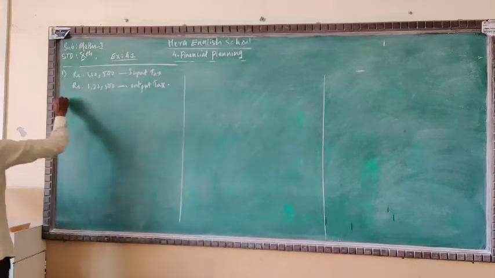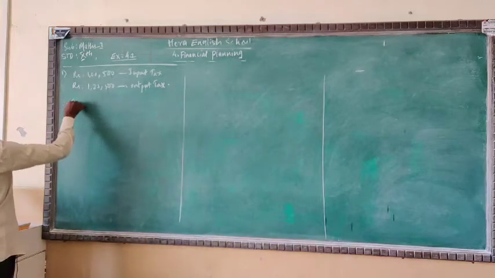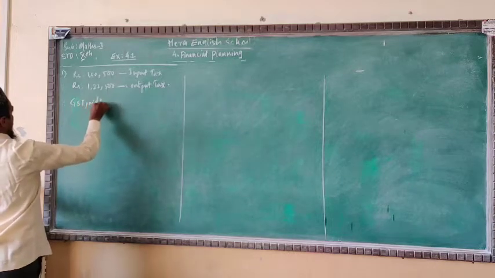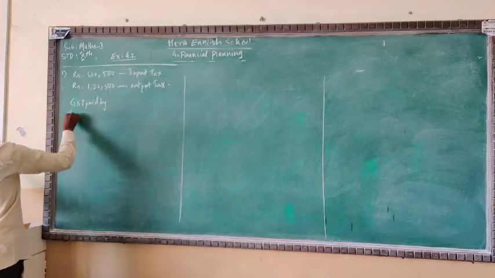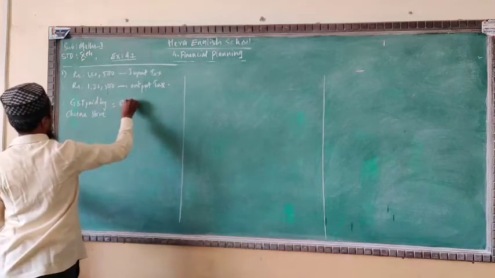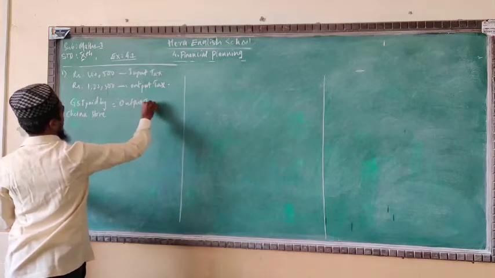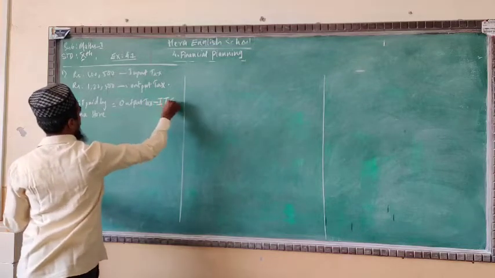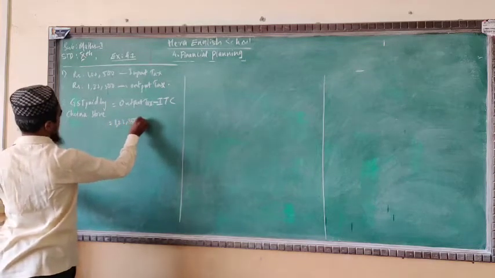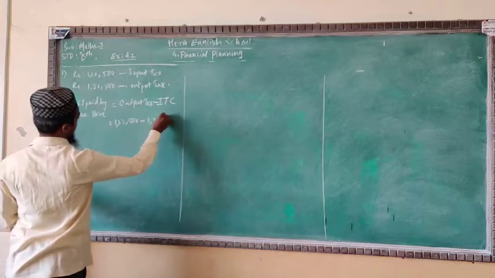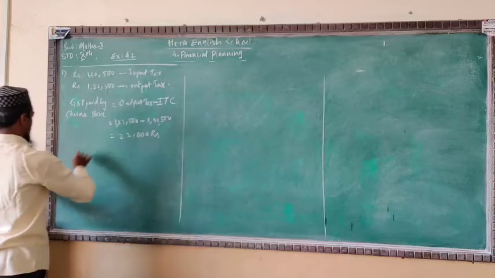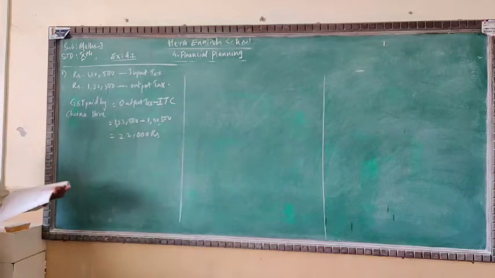Then what we have to bring is the GST. So we'll write the GST paid by Chetna store is equal to output tax minus input tax ITC. The output is 1,22,500 minus 1,05,000, so you will get 22,000 only. It is your GST which is paid by Chetna store.